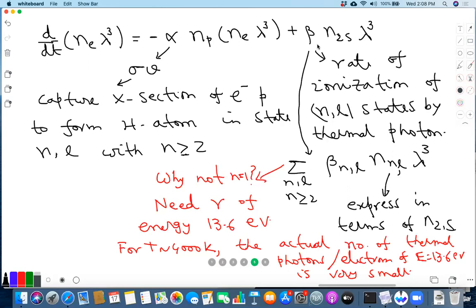But I agree with you that when the first N1s forms, then this argument of course doesn't hold. Because if the 13.6 electron volt photon is emitted, there are no other N1s atoms, so what will it hit? Yeah, and I was going to say that if we were to seriously write down some rate, let's say gamma, where gamma is the sigma v of that process, and when we write n1s instead,